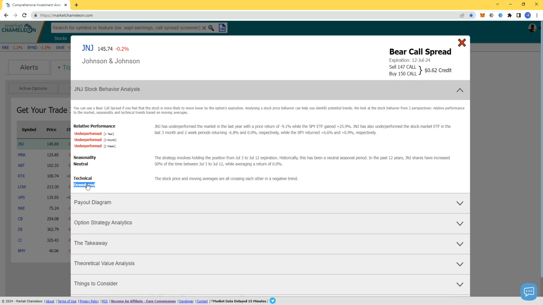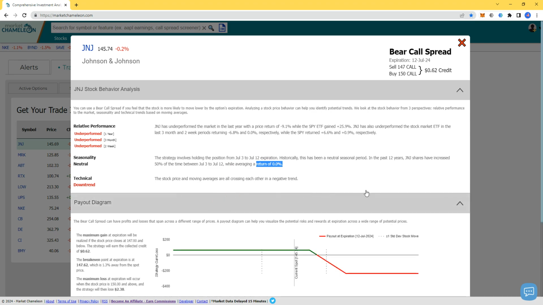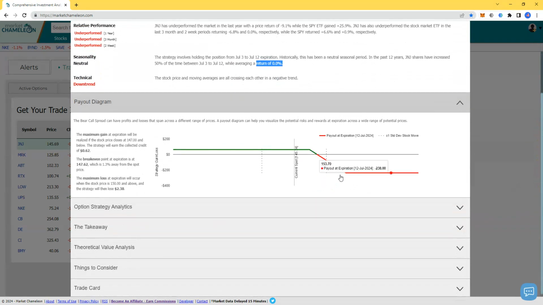This is why it is in the bearish opportunity. The stock price and moving averages are all crossing each other in a negative trend. That is what's happening right now with Johnson & Johnson. And it tells you Johnson & Johnson shares have increased, averaging a return starting July 3rd. So for the next 9 days, based on history, it doesn't really move. It tells you that it doesn't really move, and I want to see this,